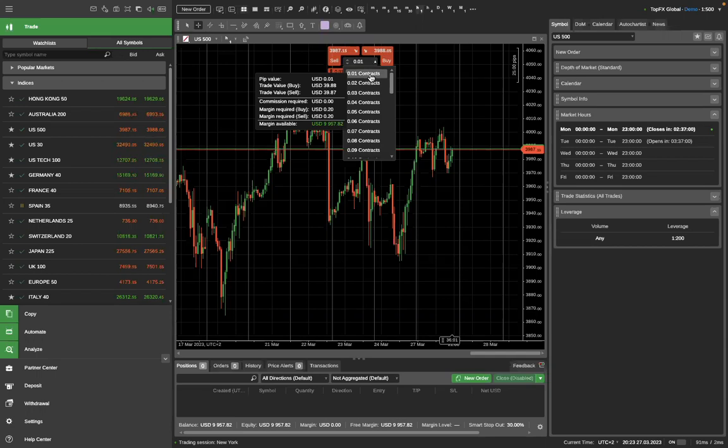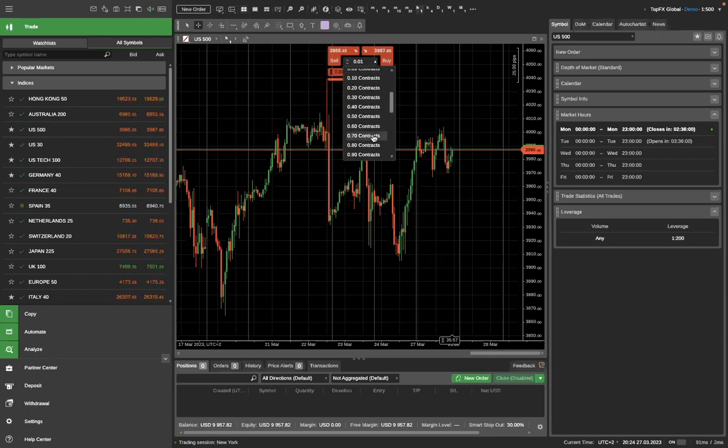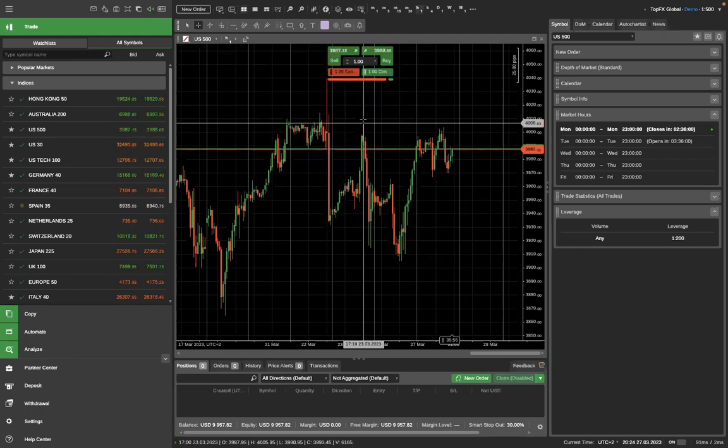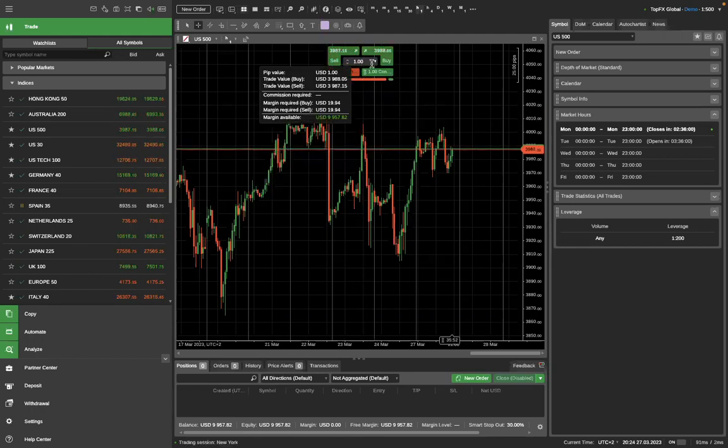I want to trade one contract. So of course, if I hover around here, I will get all of the details regarding the pip value. In that situation, one contract will be $1. Trade value is 3,988, and for buy and for sell 309,087. The commission required is $0, but the margin required to buy is 19.94, and for sell